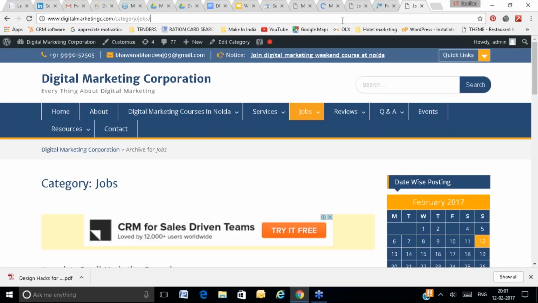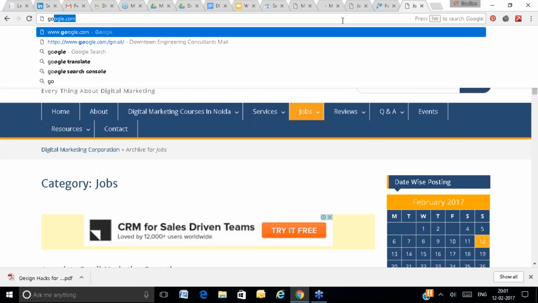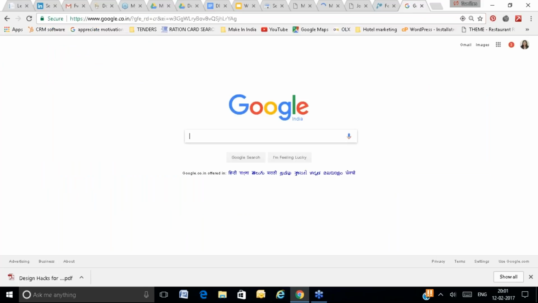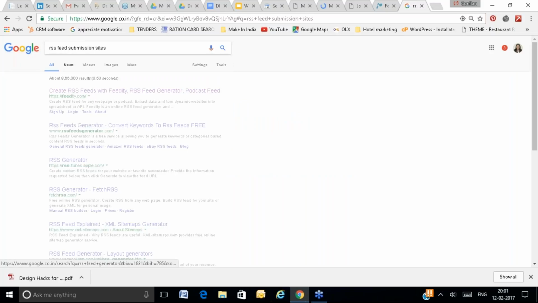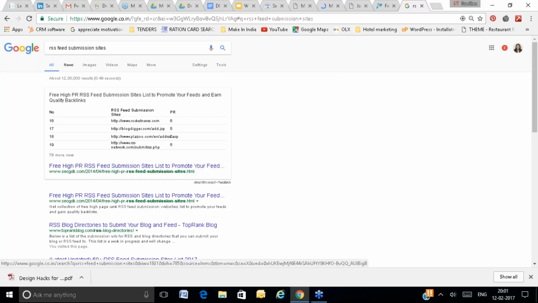To do the RSS submissions, first you have to create the feed, and second you have to submit the feed. To submit the feed, you will go to Google and find RSS submission sites. You can go here and then submit the site.